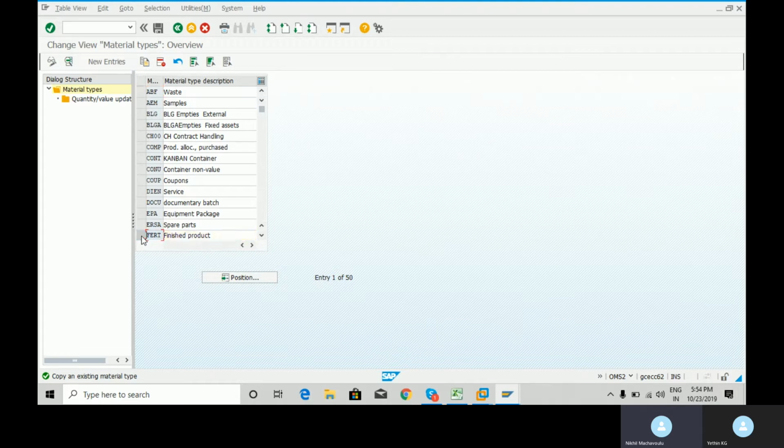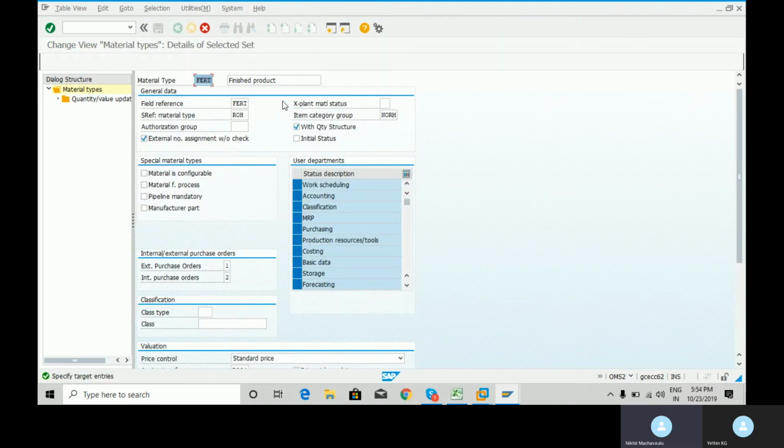FERT. Select this line item by clicking this square like this. Click this radio button that says copy as, or you can hit the F6 key on the keyboard. Now over here, we have copied this material type FERT, that stands for finished product. But we would like to create our own material type. Since we would like to create our own material type, we will have to rename this material type to anything else. For example,